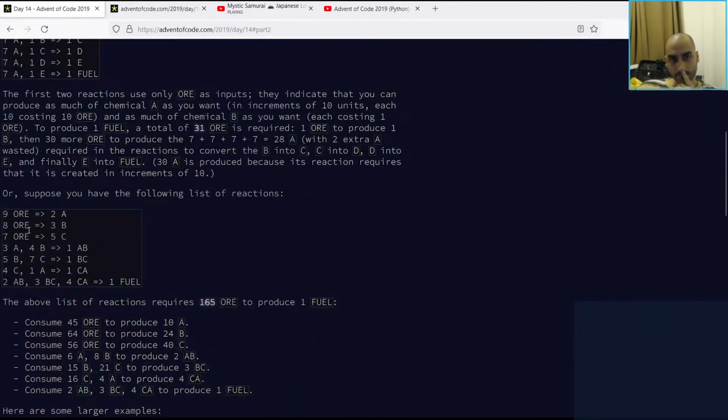So if we want 1A, we can use this formula here, but this gives 2A, and we're not allowed to halve it. So if we want 1A, we need 9 ore, that will produce 1A, and then we get 1 additional A. So either we go into fractions, we say if we want 1A, we need 4.5 ore. Or we say